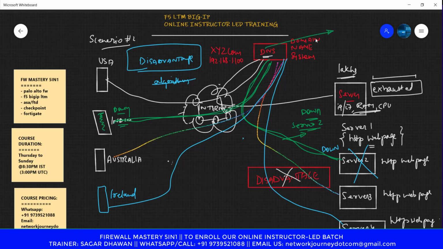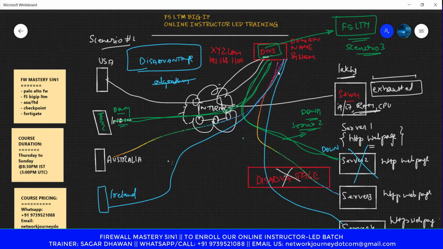You want to take this out, DNS, and you want to plug in something called the F5 LTM load balancer. Now we will talk from the LTM point of view, which is your scenario 3. So scenario 1, with just a single server, is not able to handle all the requests. Scenario 2, with the DNS box, is not smart enough.